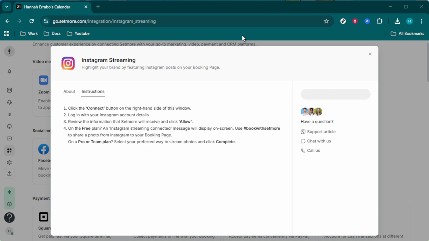That's it. You've successfully linked your Setmore account to Instagram. Now your customers can easily book your services through your Instagram profile, making the process more efficient for them and beneficial for your business. Remember, streamlining your online booking process can greatly enhance customer experience and help increase your appointment